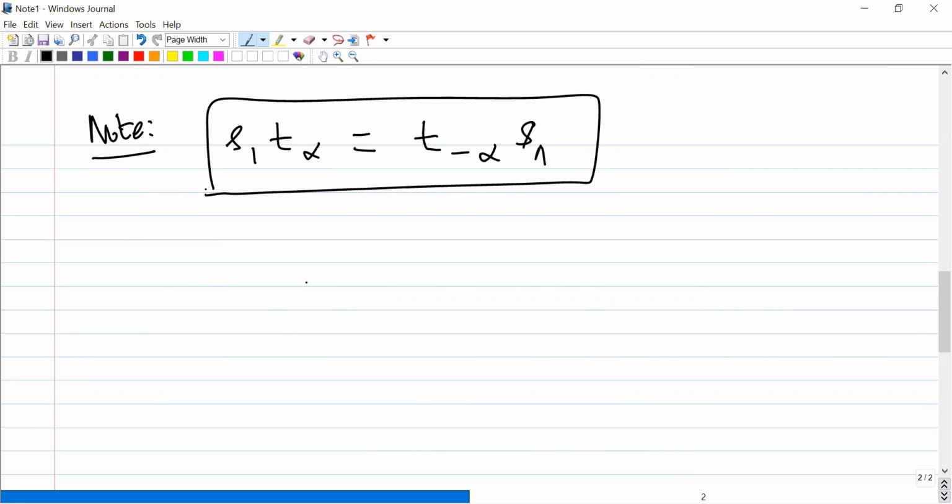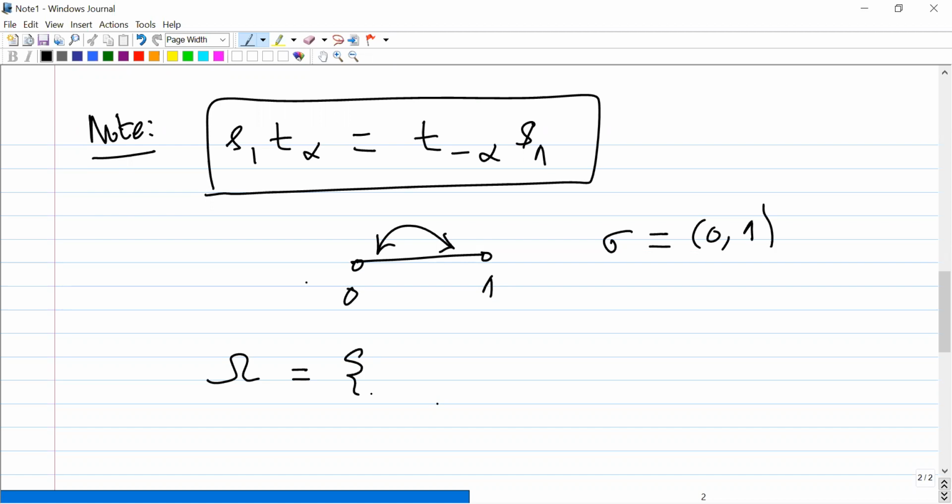Now, what are the Dynkin diagram automorphisms? There is only one non-trivial one, because there are only the 0 node and the 1 node, so one can only switch the nodes between them. So 0 goes to 1 and 1 goes to 0. That is the only non-trivial Dynkin diagram automorphism, which I denote by sigma. Then omega, the Lincoln diagram automorphism, is given by 1 comma sigma.